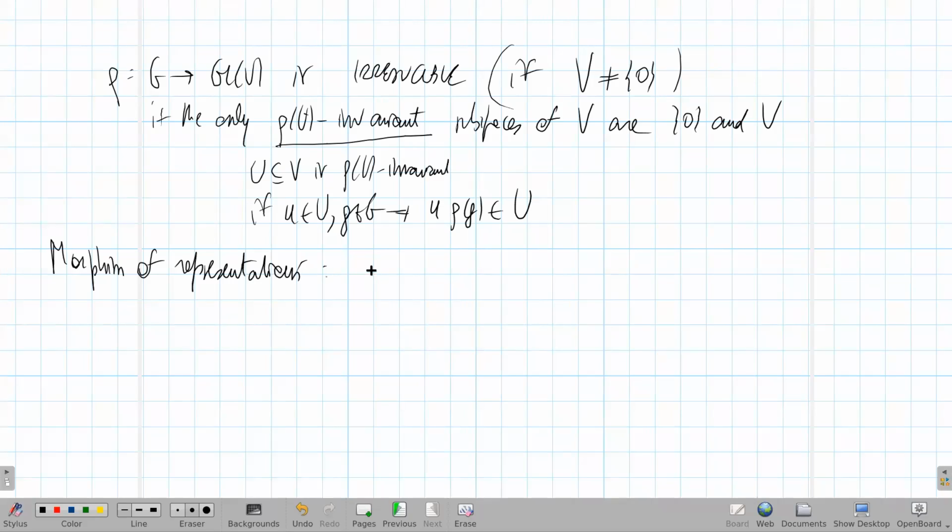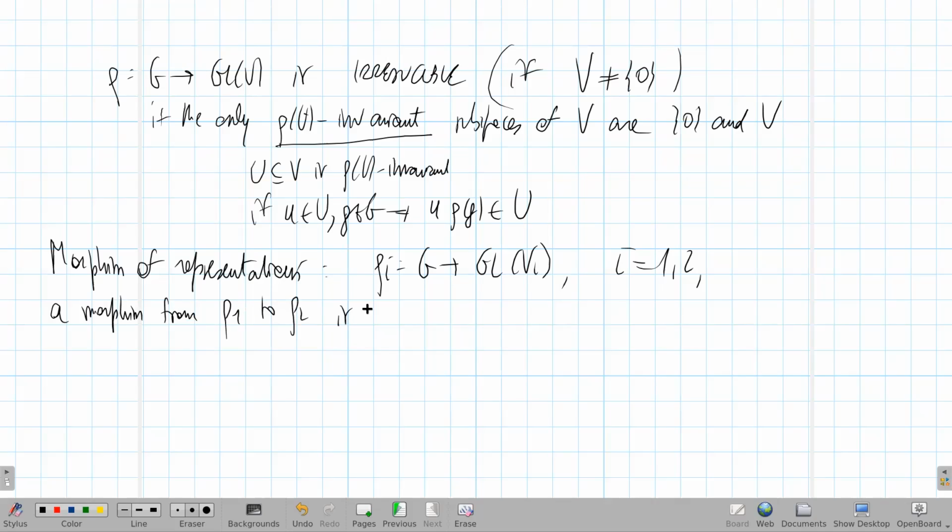Well, if you have two representations, rho i, where i is 1 or 2, then a morphism from rho 1 to rho 2 is a linear map, so a morphism in the category of vector spaces, f from V1 to V2, which respects the action of the rho i. So this is a linear map to respect sums and multiplication by scalars, but then such that